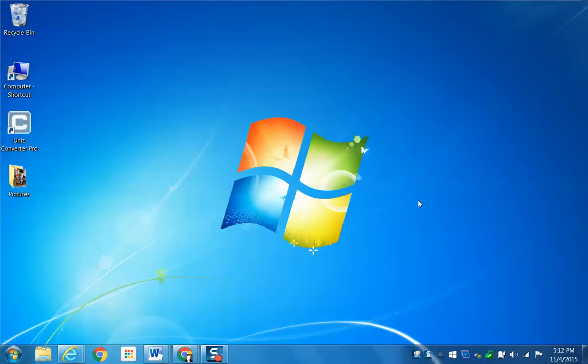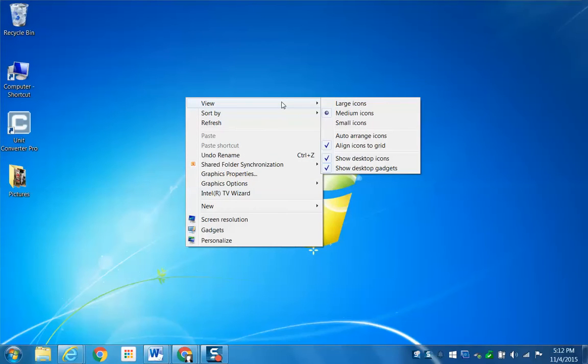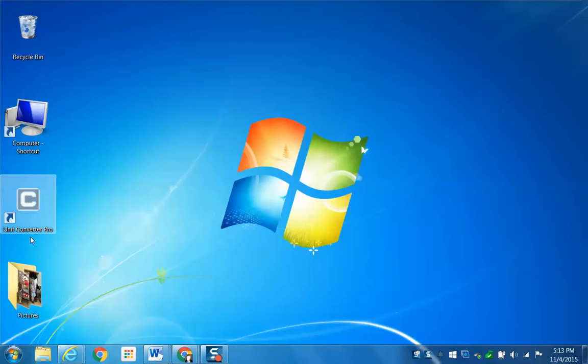So your desktop can be very basic like this one. This is just the default desktop for Windows. Or if you right click on your desktop with your right click on your mouse, right click one time, you get a menu and you can actually change your desktop. You can change the view. So for some people that have seeing problems, you can left click on the large icons and it will make things larger. So if you're having a little trouble seeing, then you can make things larger and it's going to be easier for you to navigate through your different